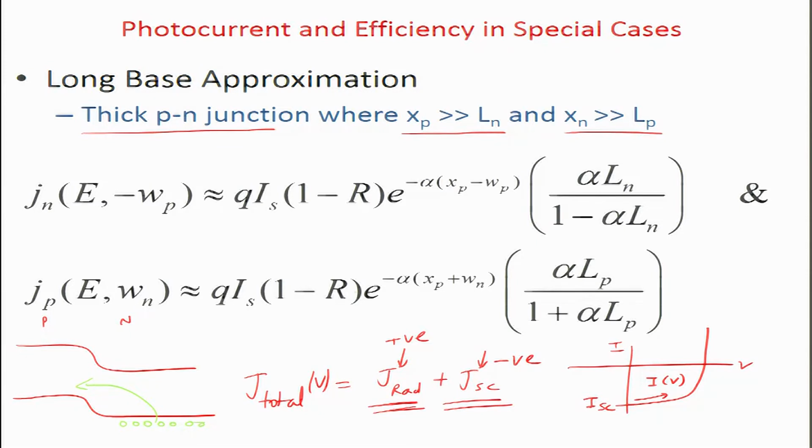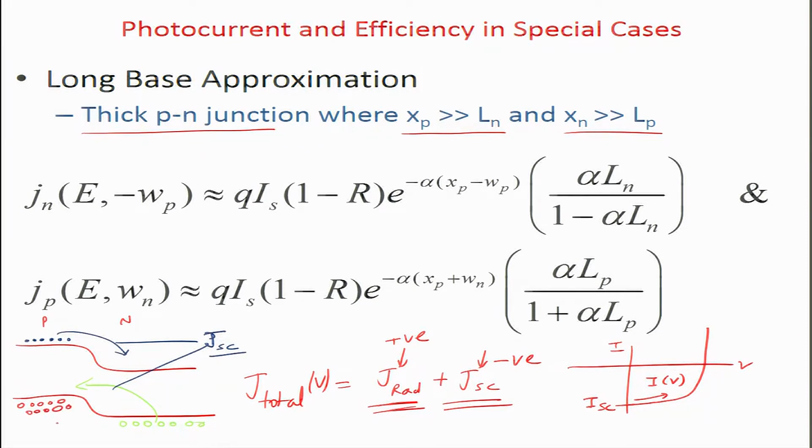Similarly, electrons will move from this side. So, both of these will give rise to JSC, and as you apply bias, what will happen is that